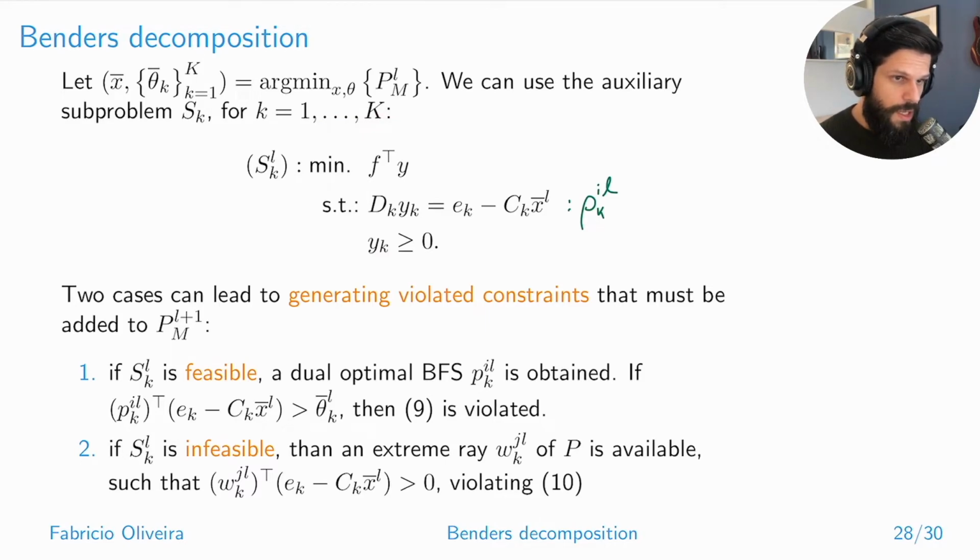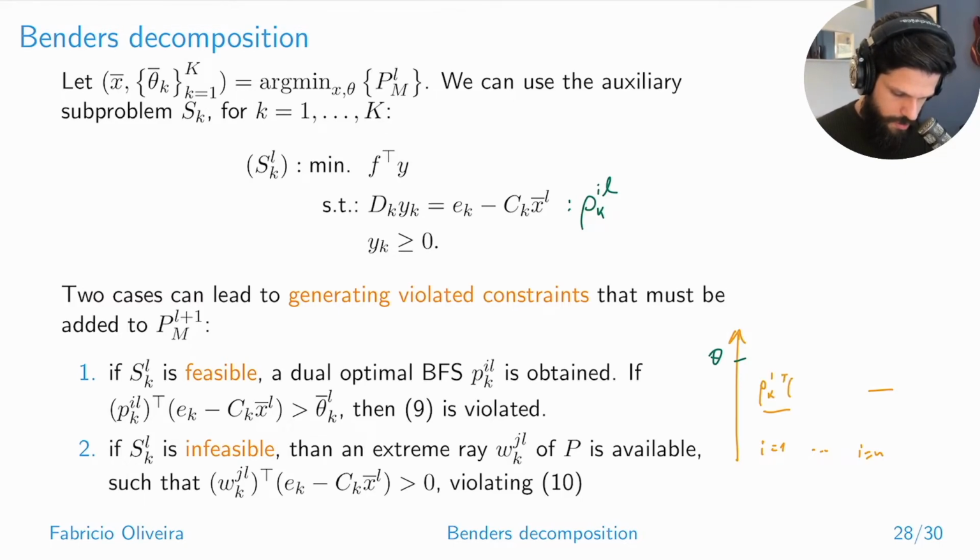Okay. So if you observe that this is the case, so from that you obtained when you solved the main problem, this is what you just obtained when you solved the subproblem. If you observe this to be the case, what you will see is that in that picture that I drew, you had that theta here and you had different levels for I1, I, for the expression PK1 transpose (EK minus C